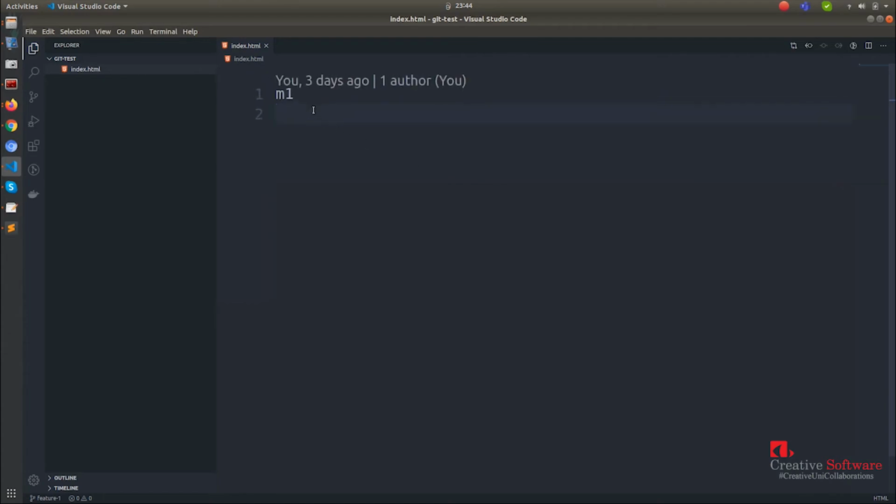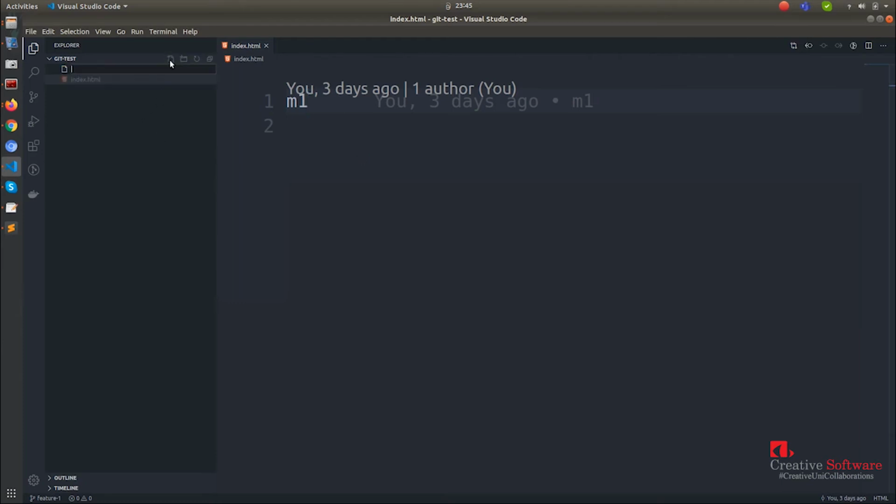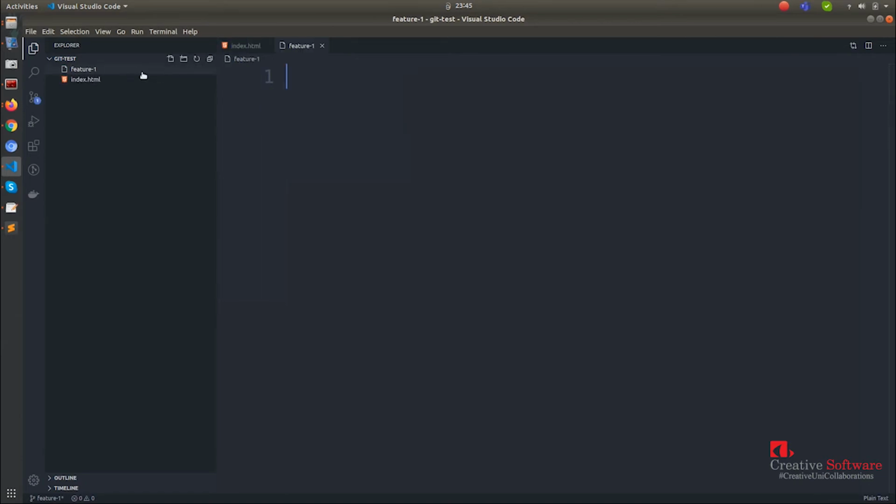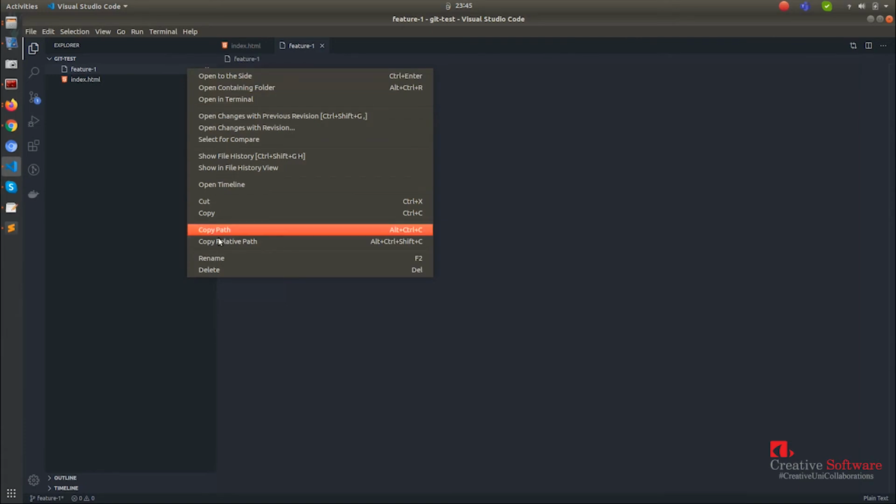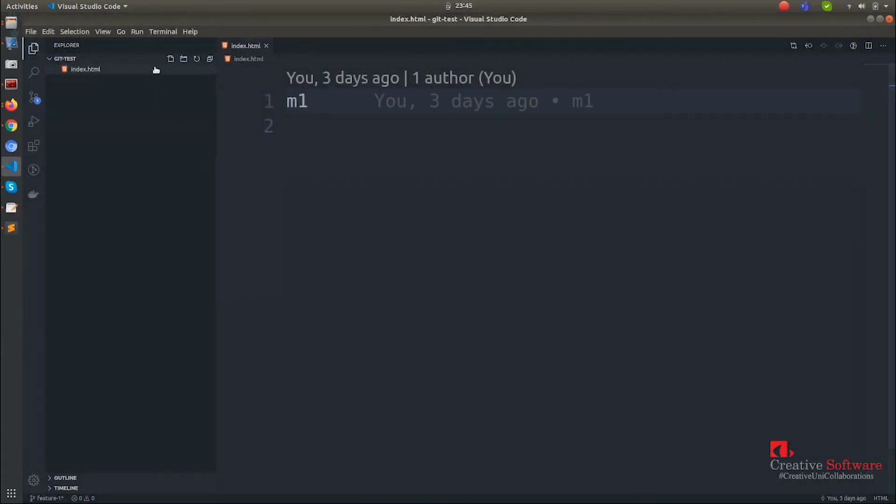Okay, I have the previous things that I have done in my master branch, and this is about the snapshots. I think we talked about this earlier. So we have the same things in this branch which was there in the previous branch. Anyway, now I'm in the feature branch. So I'm going to create a folder here for my feature 1. This is not a folder, we delete this, I'm sorry, we create a folder, feature 1, and inside that